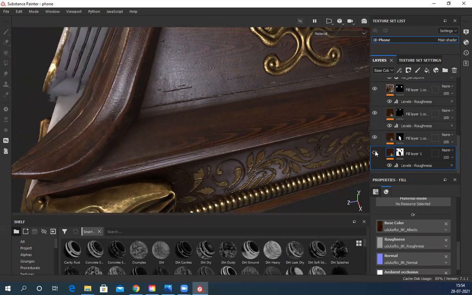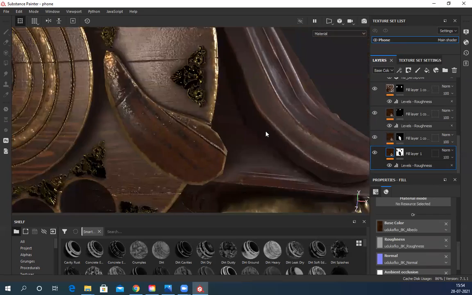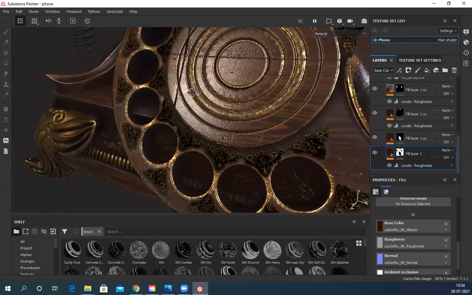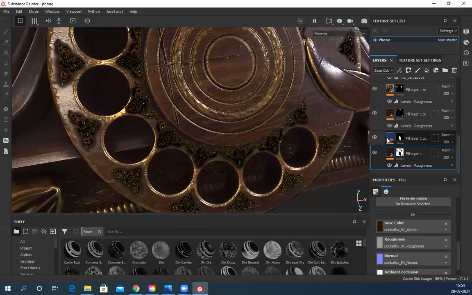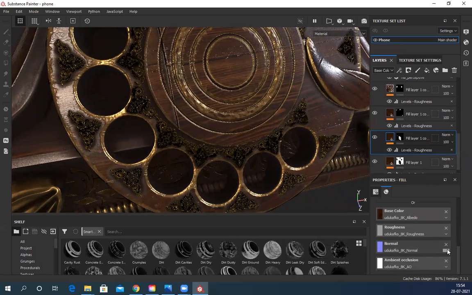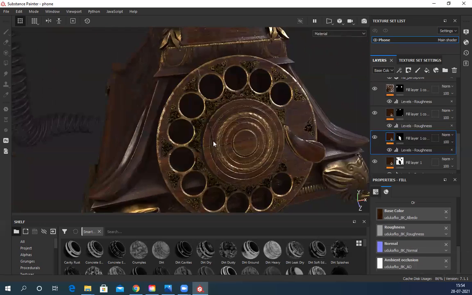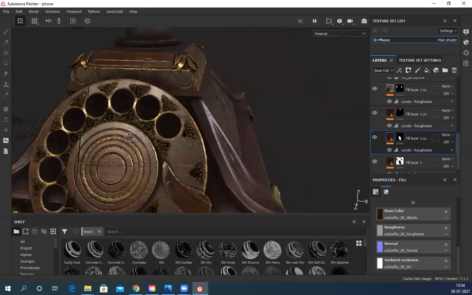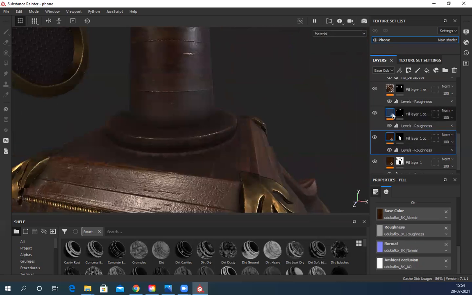Which part is this? Front. And that means this also DirectX. Direct 3D normal. And last one.